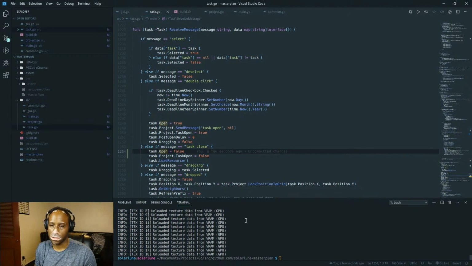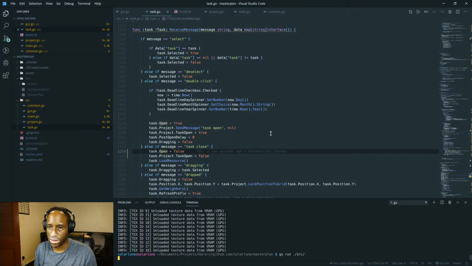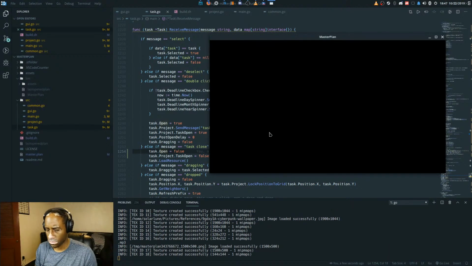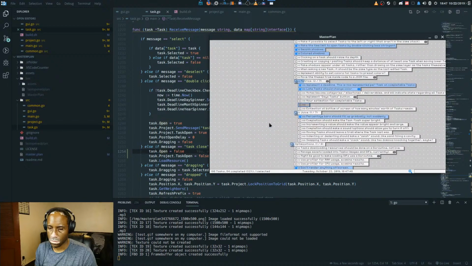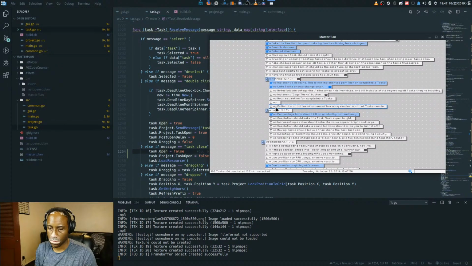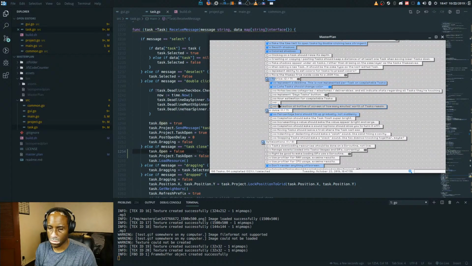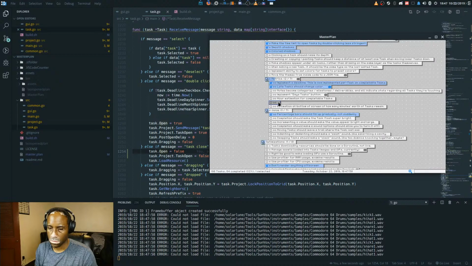It doesn't matter which task is closed because there can only be one that's open. So that makes sense. Okay, I think this will work. Cool.